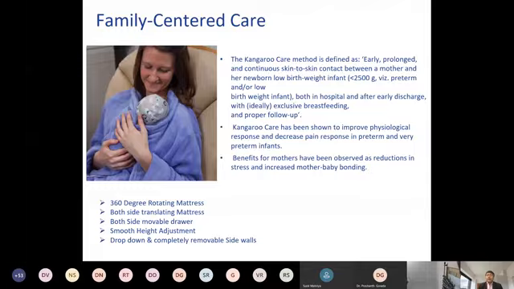The next one is that when you are really looking for a very good quality warmer, today the kangaroo care, the family centered care is very important. And there are several studies which show that it significantly improves neurodevelopmental care. So you really need to look at whether you are having a rotating mattress, a 360-degree rotating mattress, whether it's a translating mattress, whether